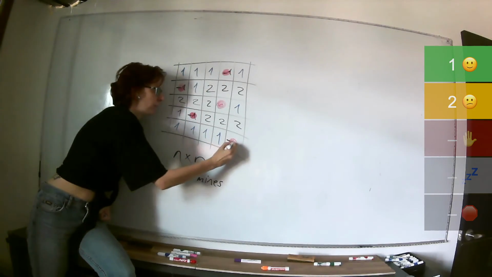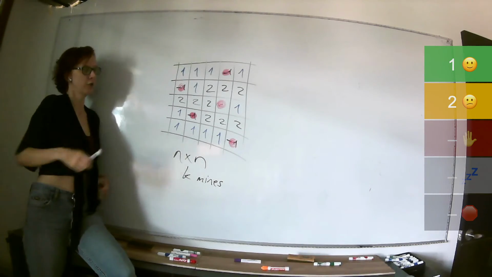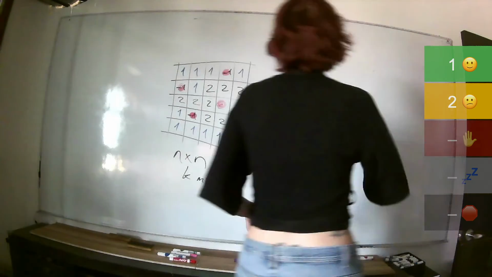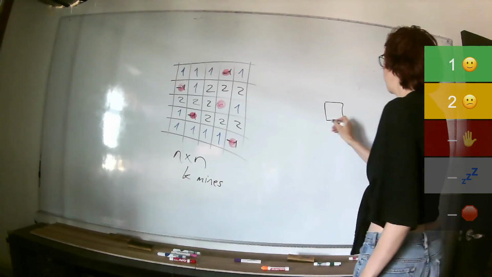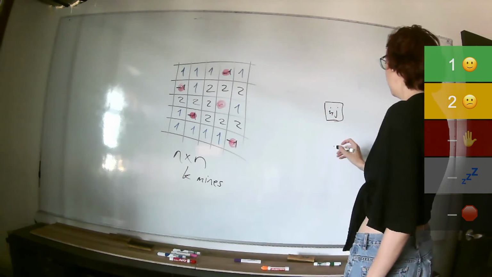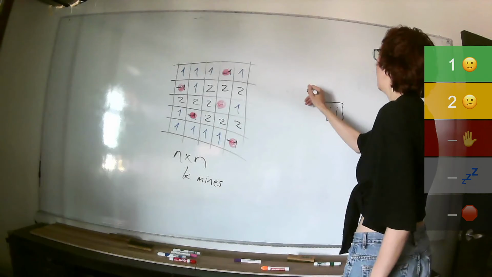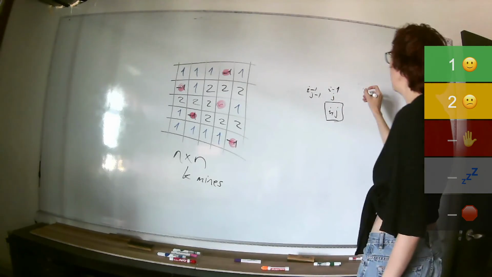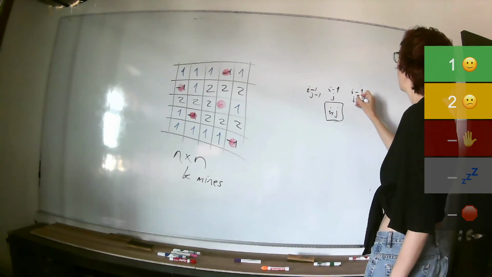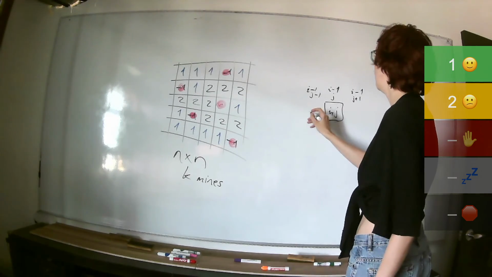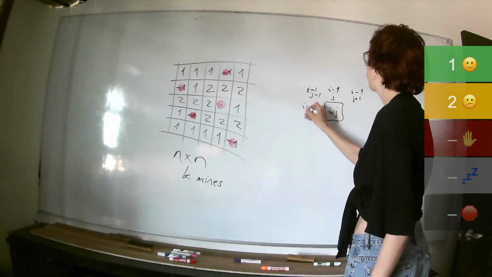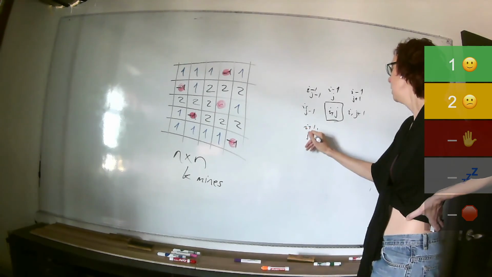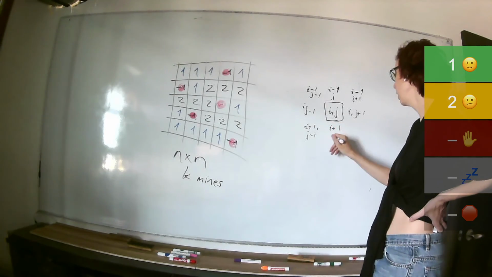Then you need to do a double for, actually a triple for, because for every cell, you need to consider its neighborhood. So basically for that cell, you need to be looking at the positions that are, if this is row I, column J, you need to be looking at one row smaller, one column smaller, or one row smaller, same column, or one row smaller, next column, or same row, previous column, or same row, next column, or next row, previous column, next row, same column, or next row,